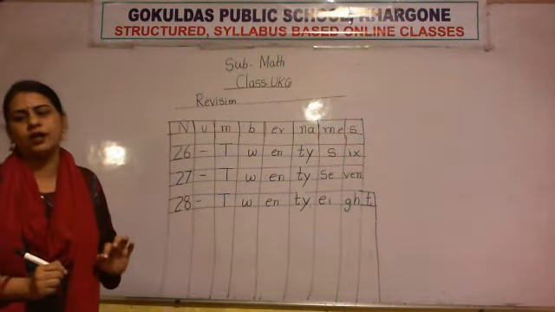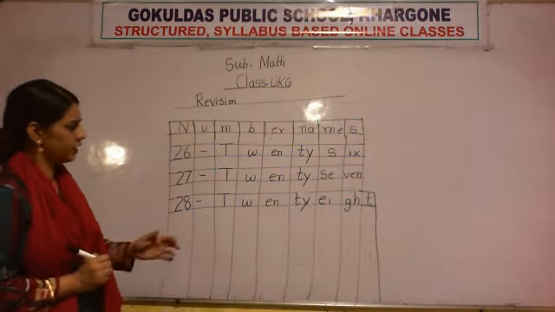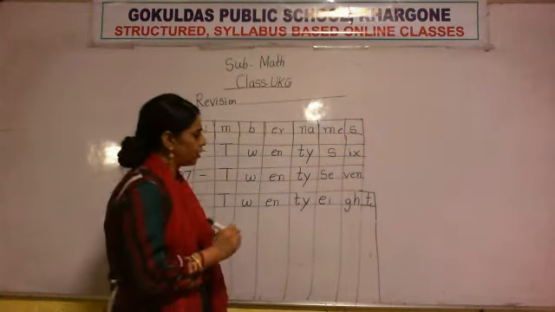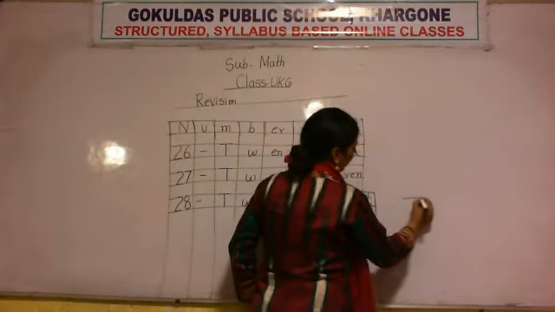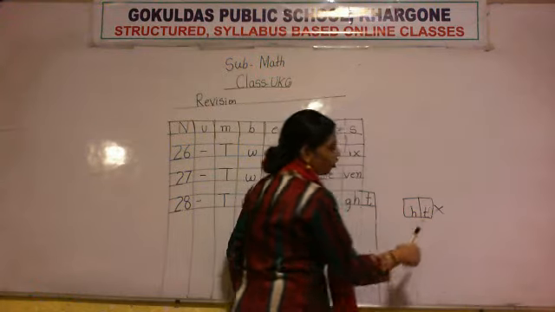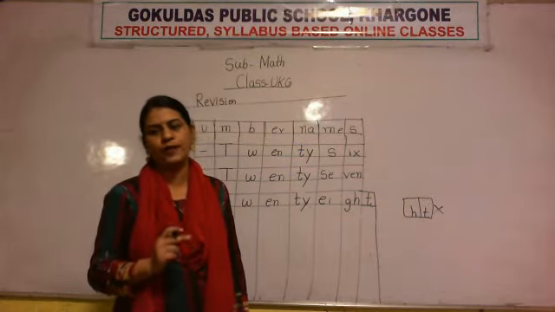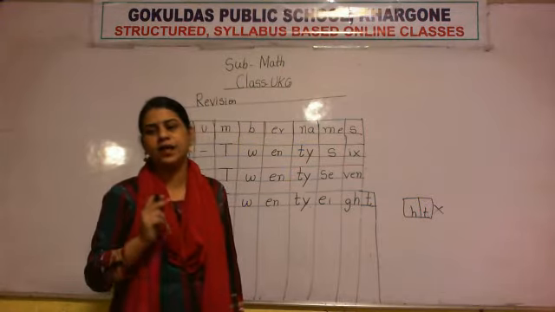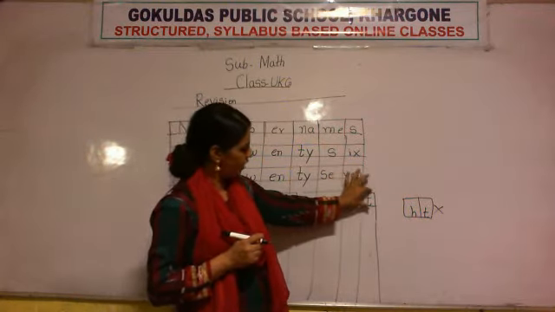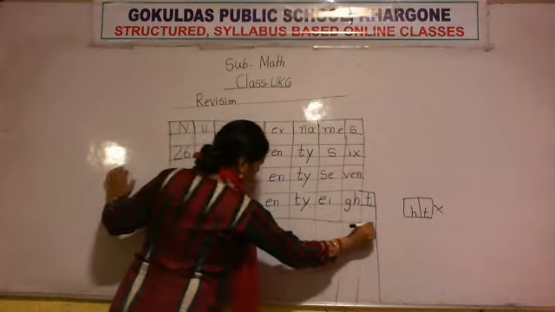Use proper columns and the proper method of writing spellings. See, T will come in a full column. H will also come in a full column. Many times when you have to write H or T, you write a very small H or T like this. This is the wrong way of writing letters. Whenever you are writing in columns, use the proper column and the proper method of writing letters. Whenever you write H, you use a full column. Whenever you write T, you use a full column. Now after that, give again one column gap here.